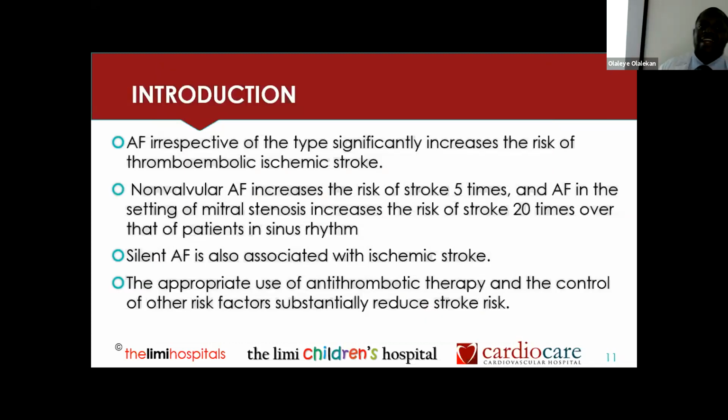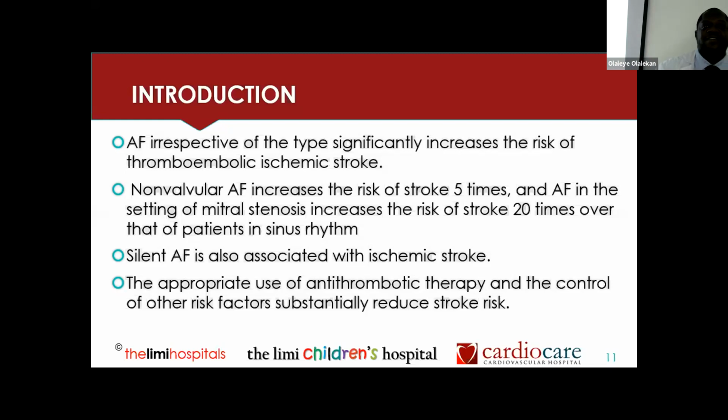And like I said, a patient with atrial fibrillation, irrespective of the type, as we'll see later, the risk of stroke is increased. In patients with non-valvular atrial fibrillation, though that word non-valvular is being jettisoned in the recent updates, but we're talking about atrial fibrillation not due to mitral valve problem, the risk of stroke is increased about 5 times. While in patients that have atrial fibrillation secondary to mitral valve problem or prosthetic valve problem, about 20 times increase in the risk of stroke in these patients, telling us that in this group of patients, apart from looking